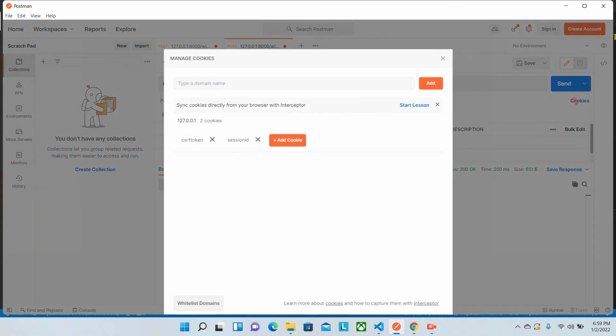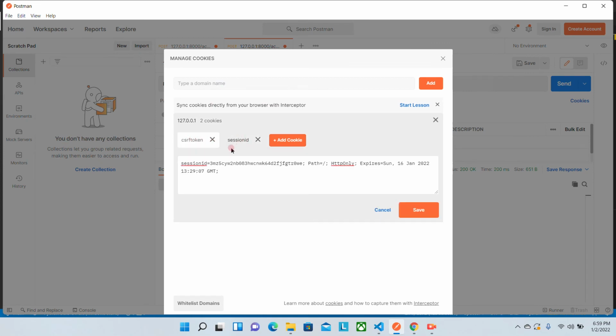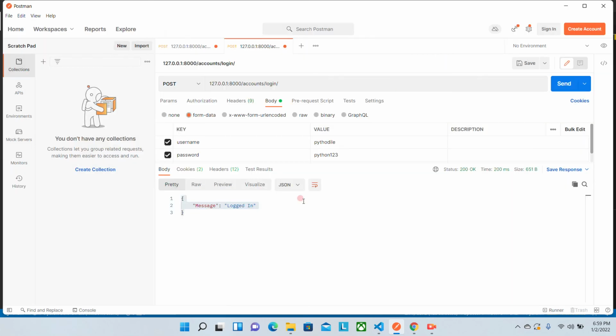And in the cookies section, you can see that there are two cookies: one is the CSRF token, one is the session ID. You can see that the session ID is being created, and its age is around two weeks. This is by default the age of a cookie. We can set it explicitly based on our requirement, which we will cover in upcoming videos.